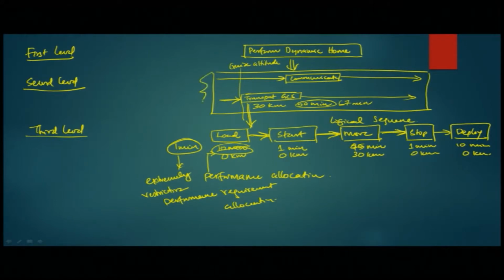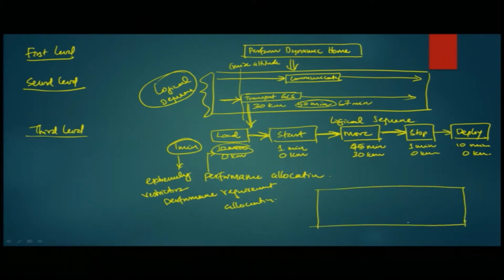And this is also another logical sequence, because you cannot do something like this. If you draw this diagram this way around, instead of this, let's say transport GCS, and then you say communicate. It doesn't work because the UAV has to do, the sequence is this: